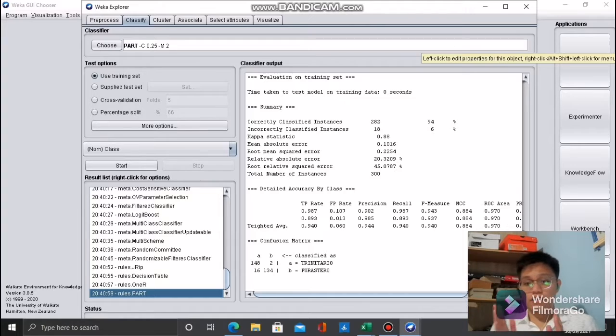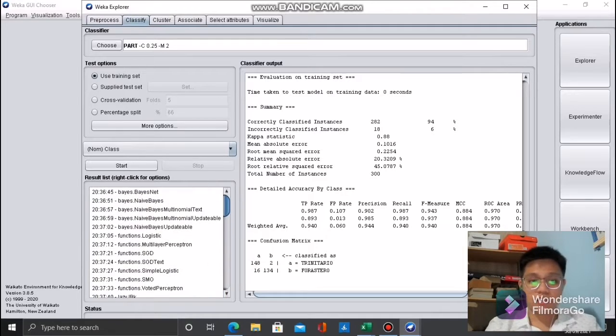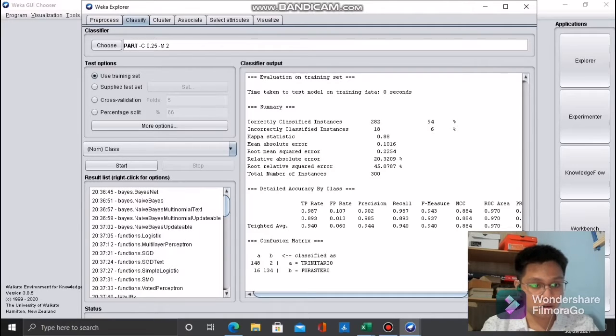So as you can see, the PART classifier has 94% of correctly classified instances, which means that we can use this in our research paper. The other ones that got 90% and above percentage and we can use in our research paper are